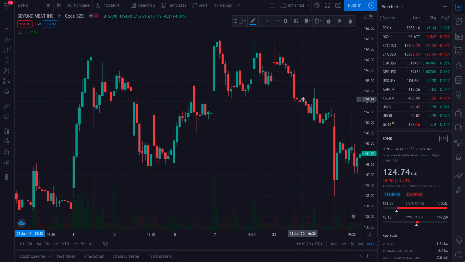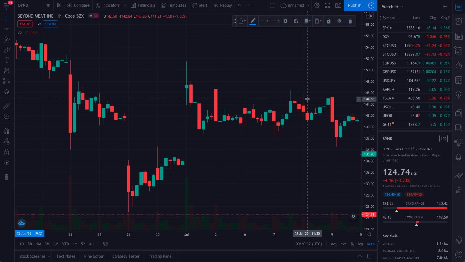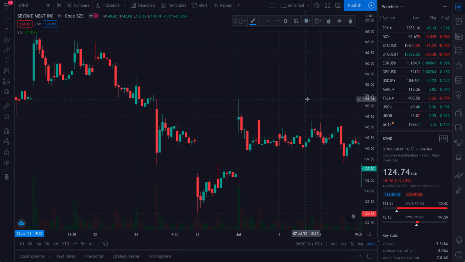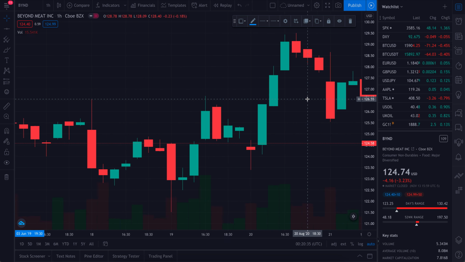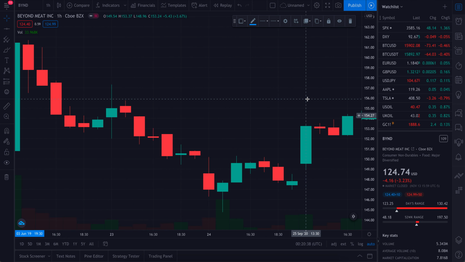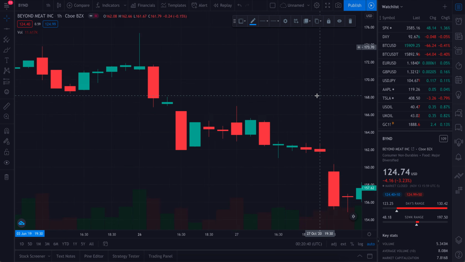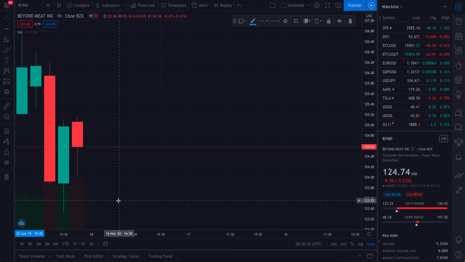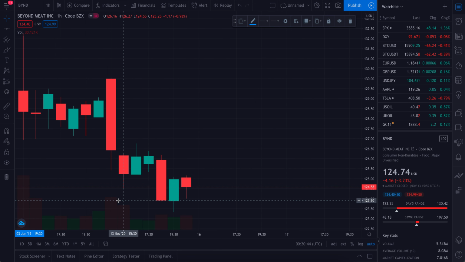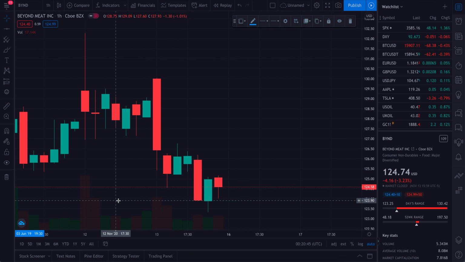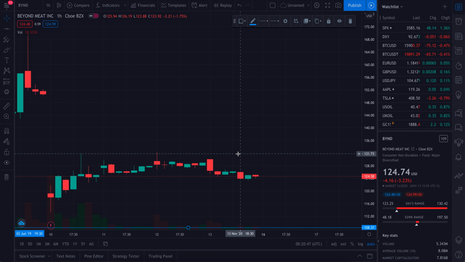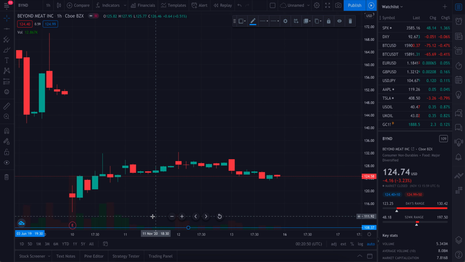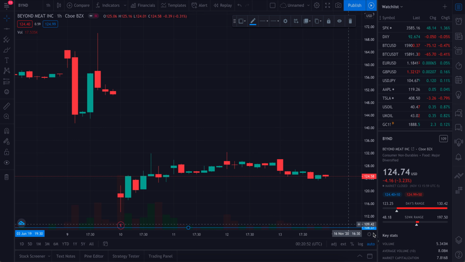So when Beyond Meat had that bad earnings report, it gapped way down in after hours. And you cannot see after hours on this chart right here, but I could see it on my cell phone. And I can see that Beyond Meat gapped all the way down to about $106, which so happens to be just at our initial resistance level.